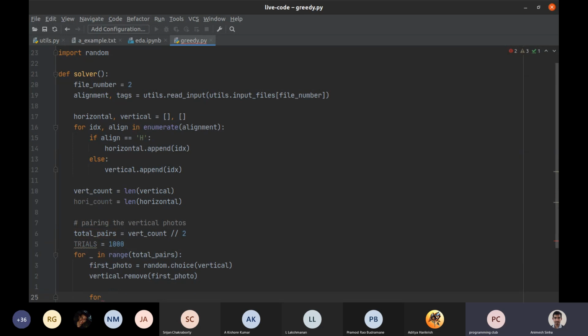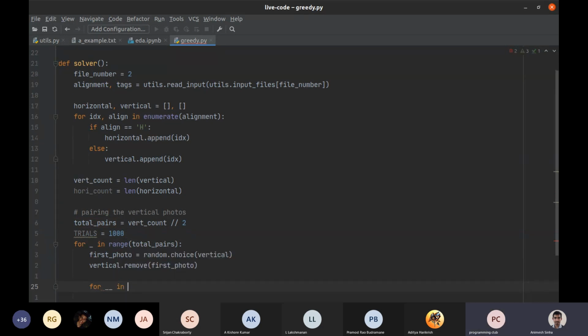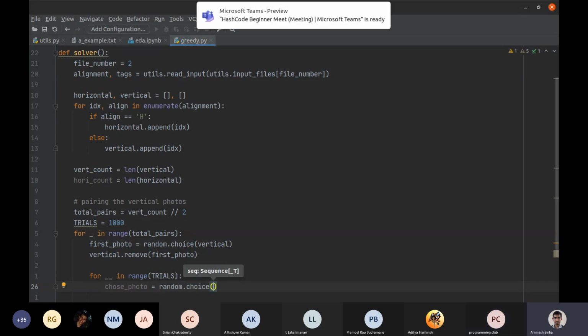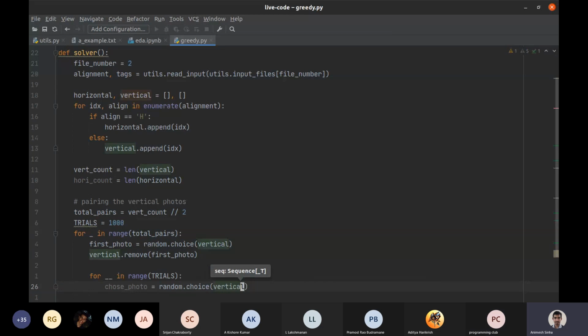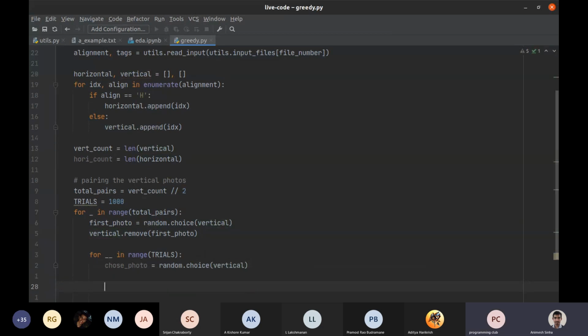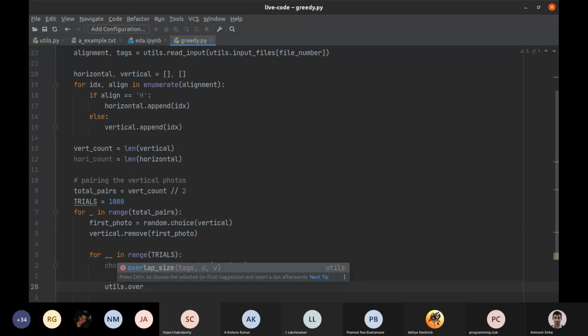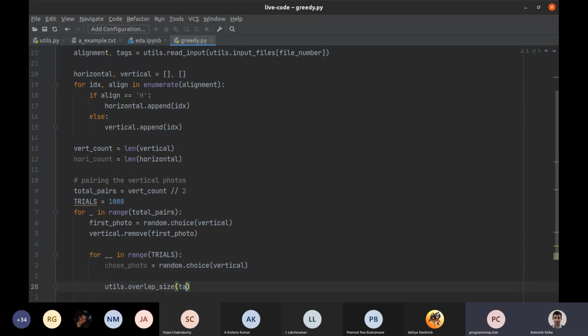But the general idea is that you want to try to maximize the set intersection of these pairs as well. When you have two different photos, you want to find the most different vertical photos to combine together in the same image, so that you have the maximally diverse slide. And then when you put that slide next to any other slide, they have a better chance of having a high intersection.